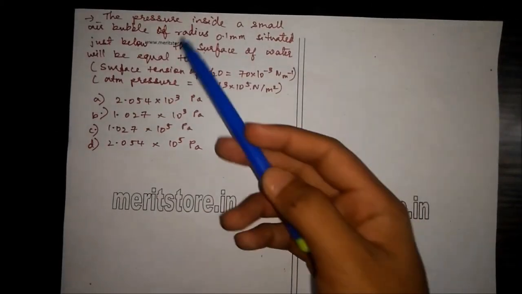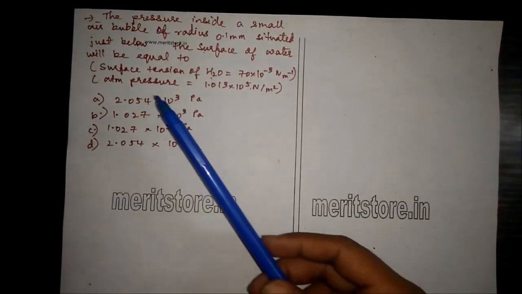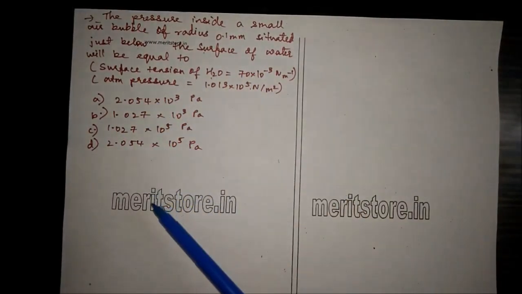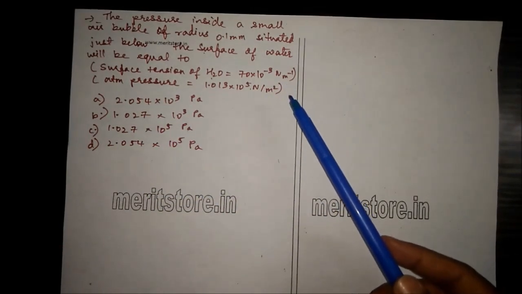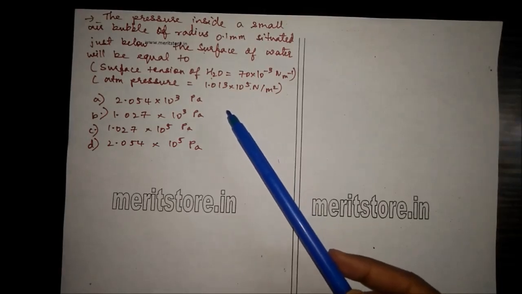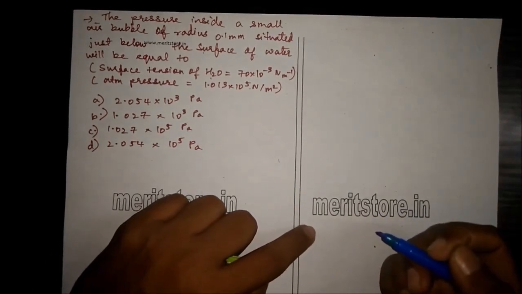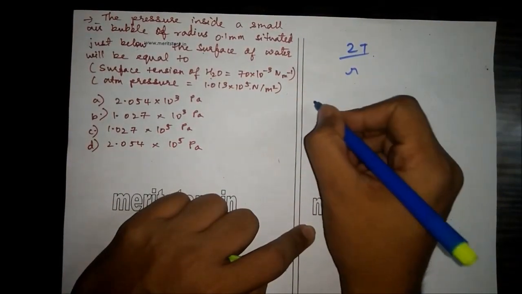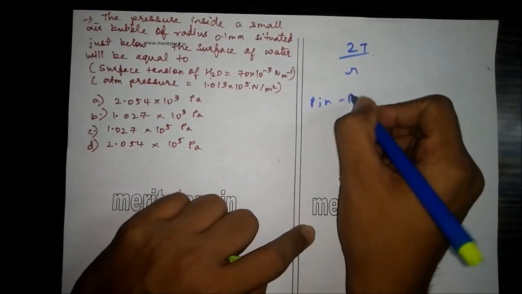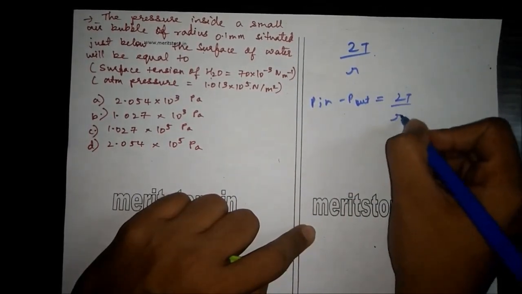Pressure inside a small air bubble of radius 0.1 millimeter situated just below the surface of water will be equal to, here are the options. Now the surface tension of water is 70 into 10 to minus 3 Newton per meter, and atmospheric pressure is 1.013 into 10 to 5 Newton per meter square. Now the excess pressure inside the air bubble is given by 2T upon R. Therefore, P in minus P out, pressure inside minus the pressure outside, is equal to 2T upon R,